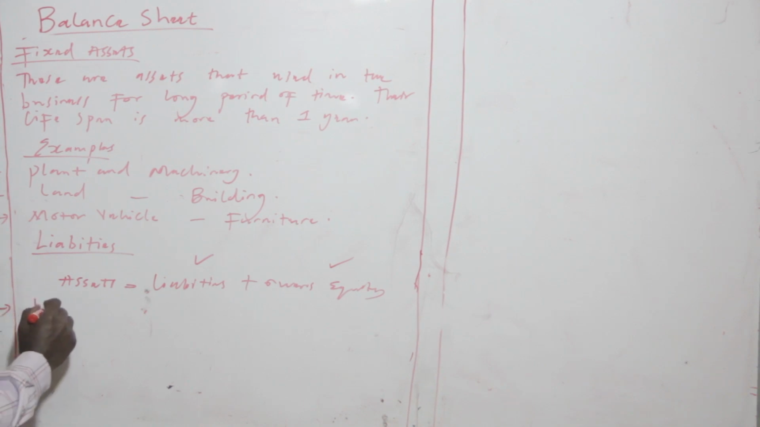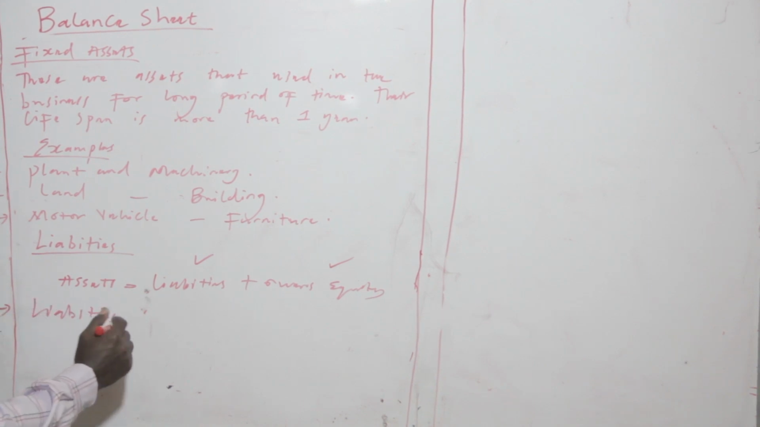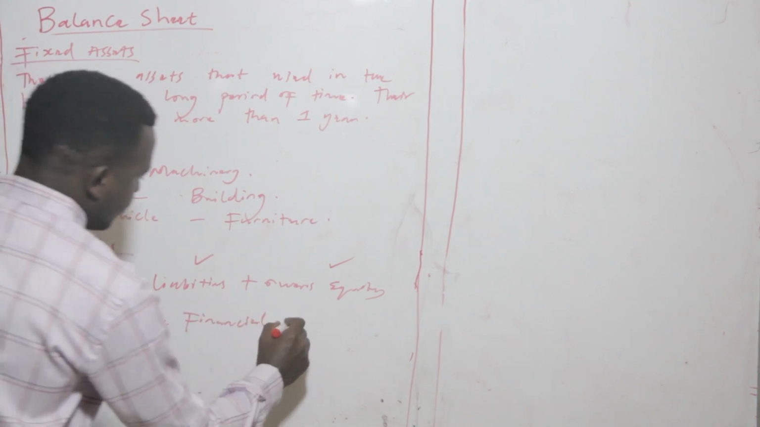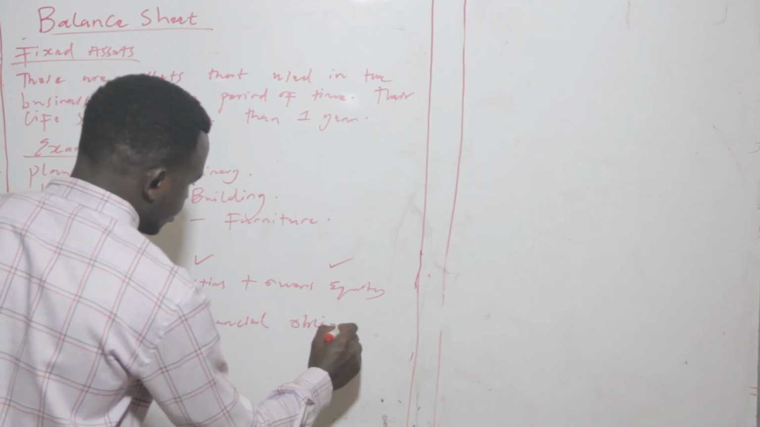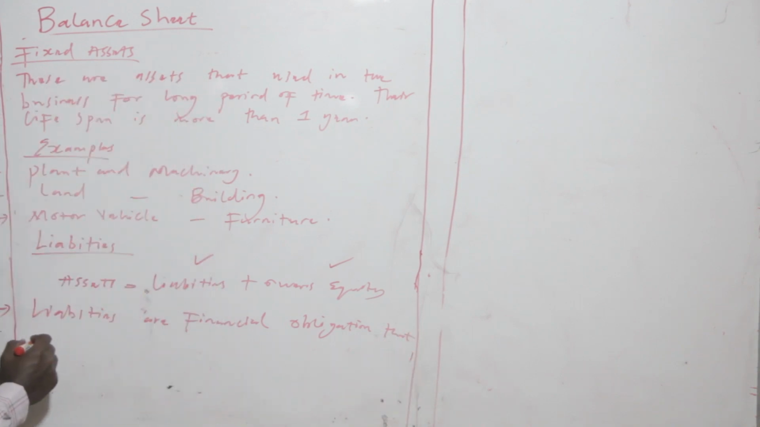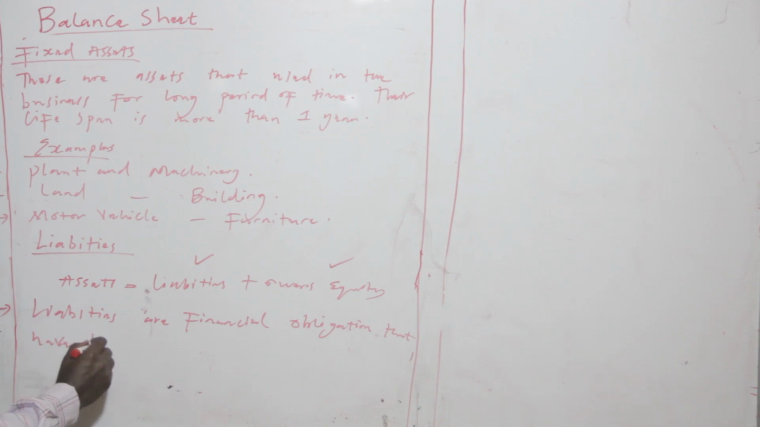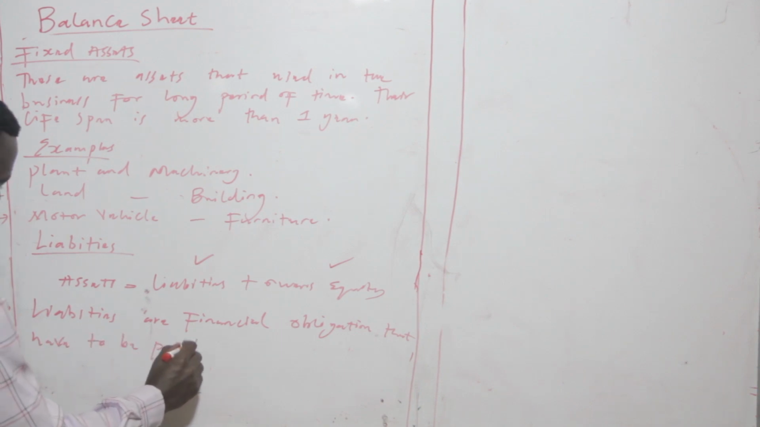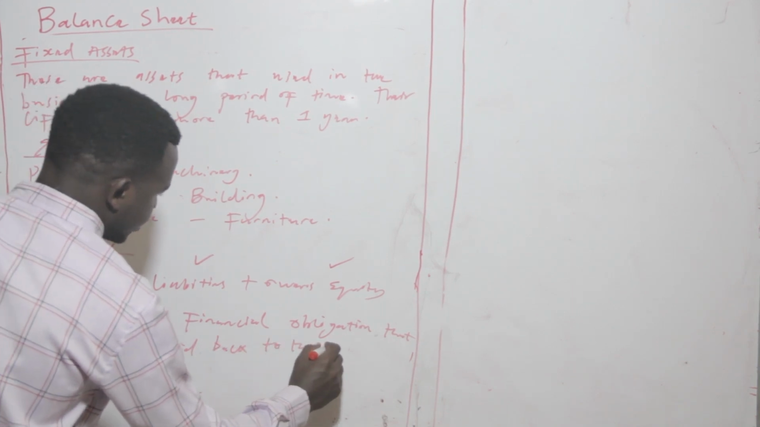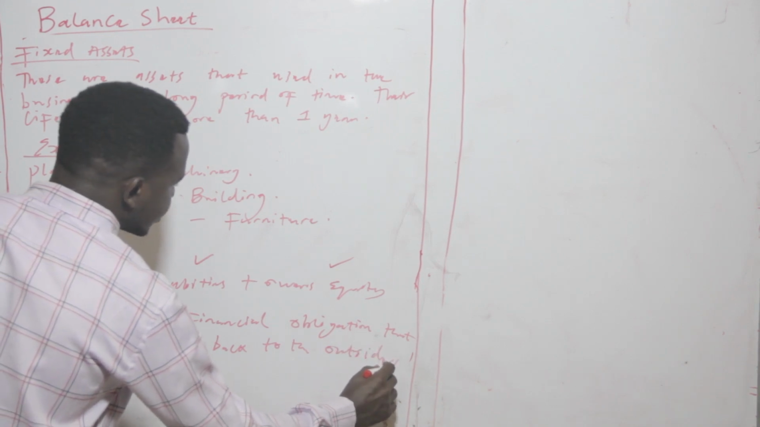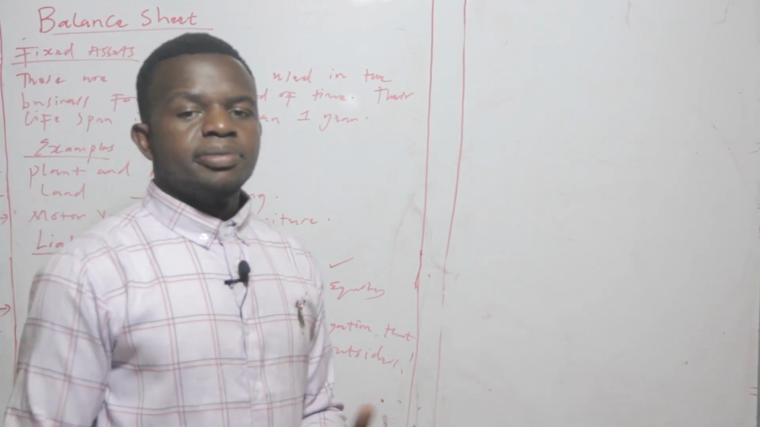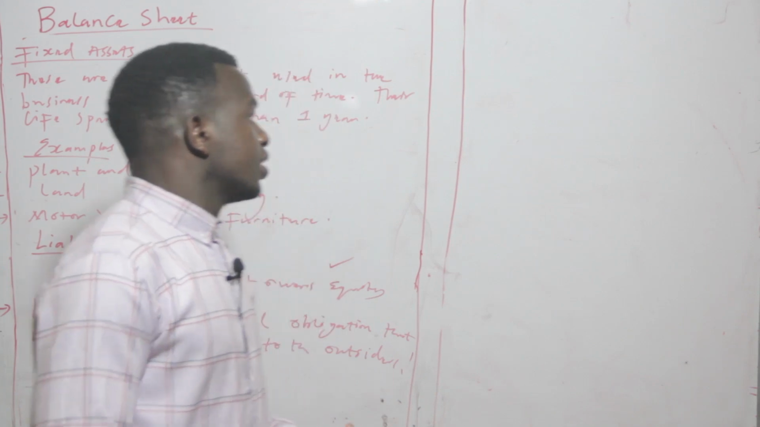So we can say liabilities are financial obligations that have to be paid back to the outsiders. And the outsiders, in this case, that means that these are not business owners. They're not involved in the business that you do. And I've said that